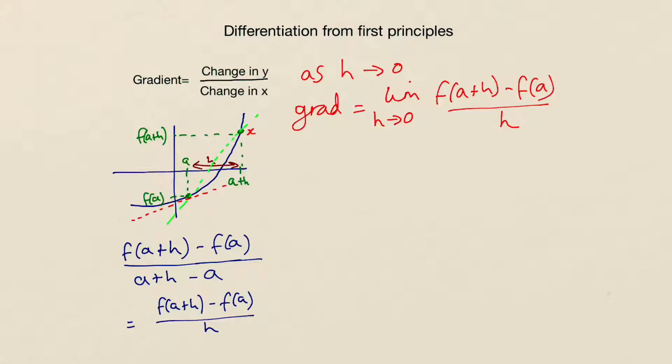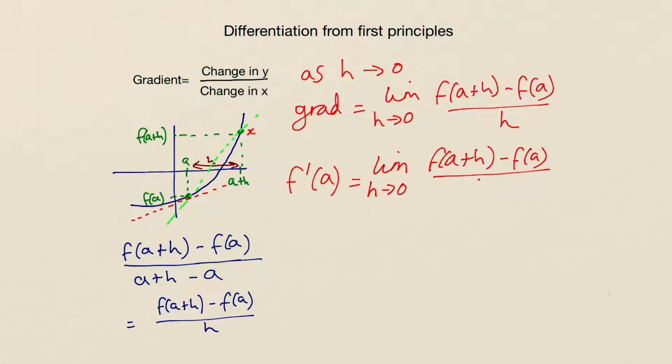The gradient is known as the derivative, which is noted by f prime of a. So then we've got f prime of a equals the limit as h tends to 0 of f of a plus h minus f of a all divided by h. And this is the formula for